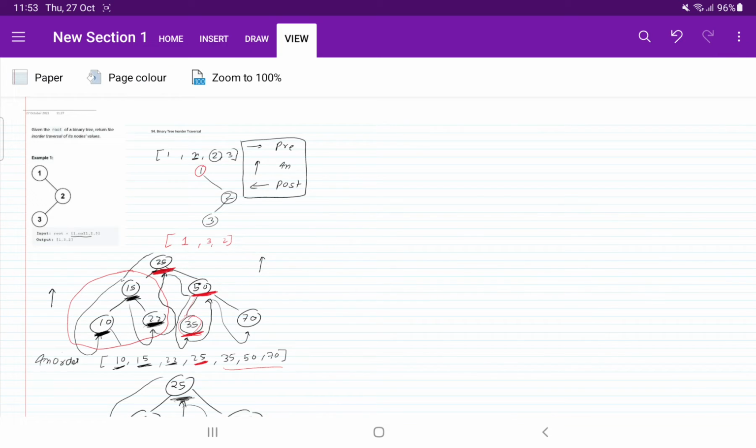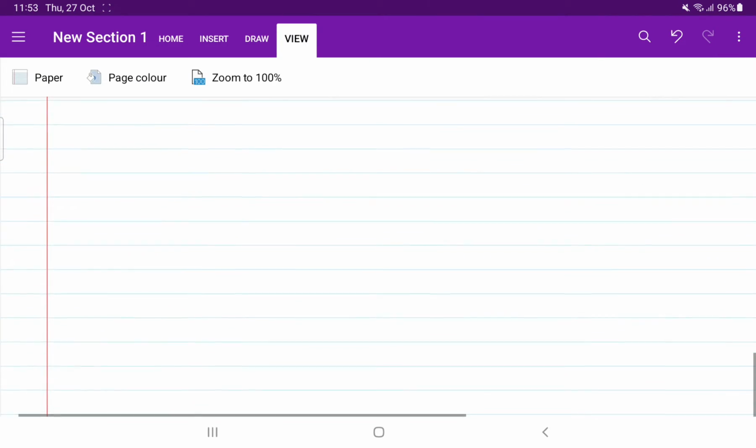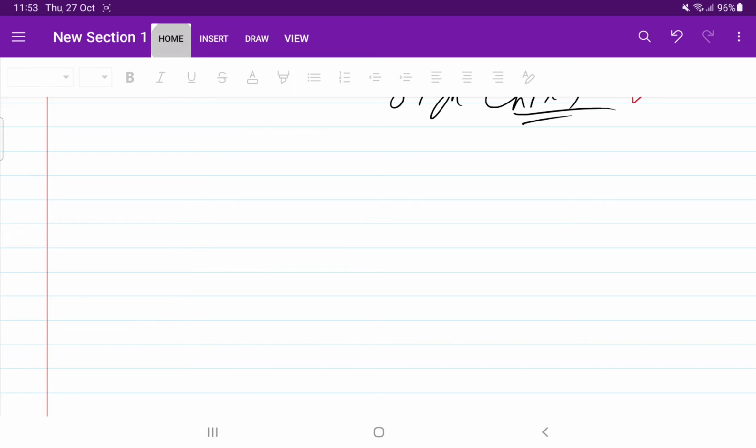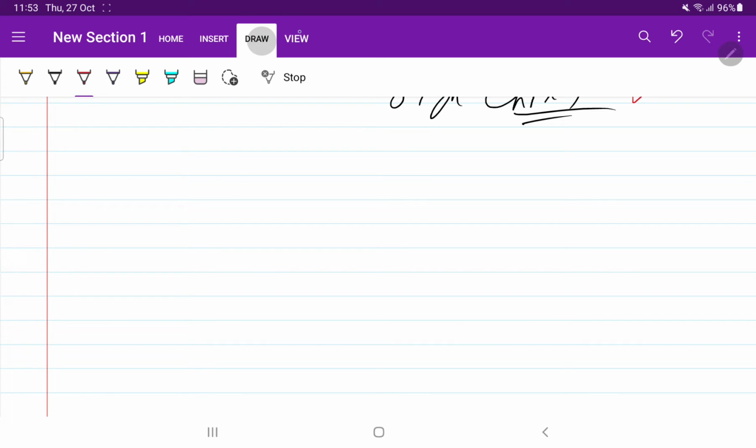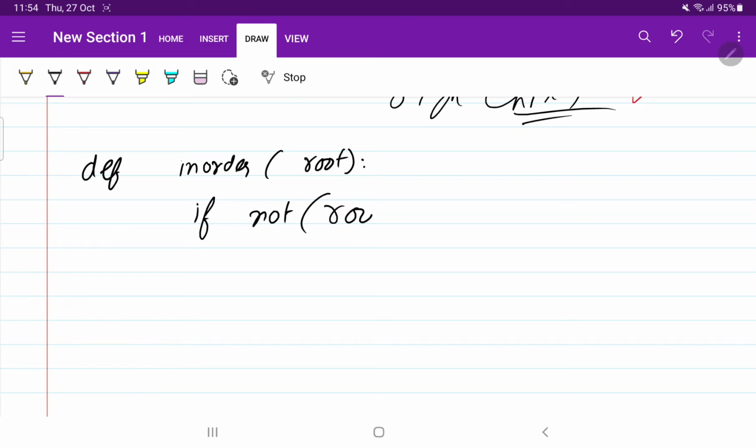Okay. So now we are going to write the code for this. The code is very simple. First of all, we have to visit the left child, then root, then right child. These are the only 3 steps that we need to do. So let us write the recursive code for this. So def, let the function name be inorder, which is going to take root, which is a tree node. So first of all, we have to traverse until root becomes null. So we have to traverse until not root.